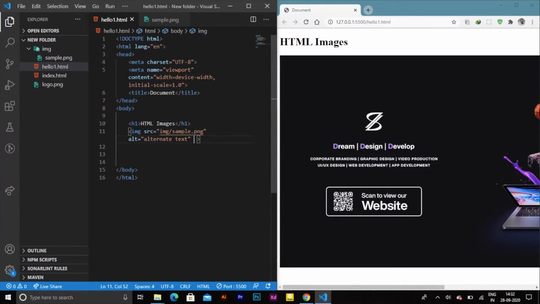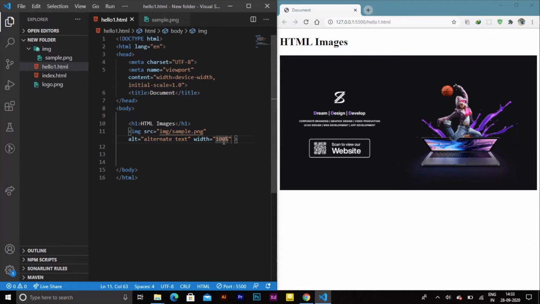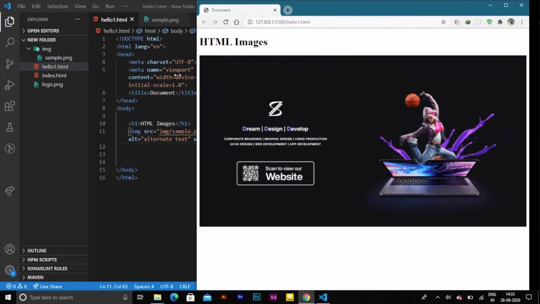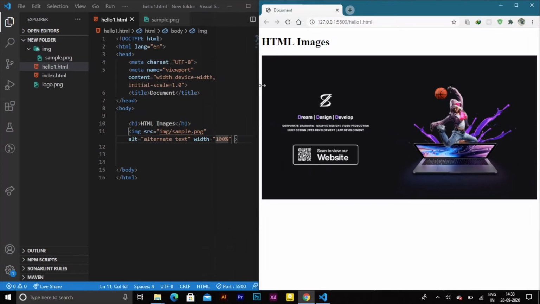Here what I want is for the image to be just as wide as the browser is. In order to do that, I will set the width attribute to 100%. What this tells the browser is that whatever size you are, make this image 100% width of the browser. Now for the height attribute, I don't need it, as all I care about is the width of the image and I want it at 100%, and the height will automatically change with the change in the width of the image. So I will save it and you can see that the image is the same width as the browser is. Now if we adjust the browser size, you can see that the size of the image changes with it. So it is 100% mobile responsive.